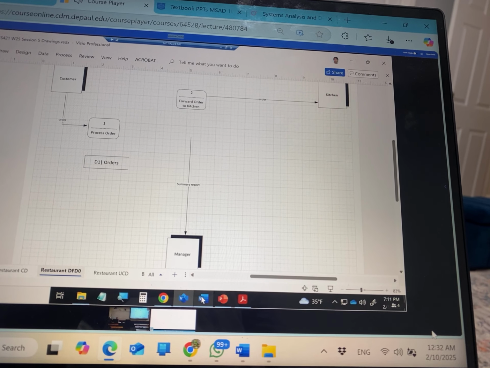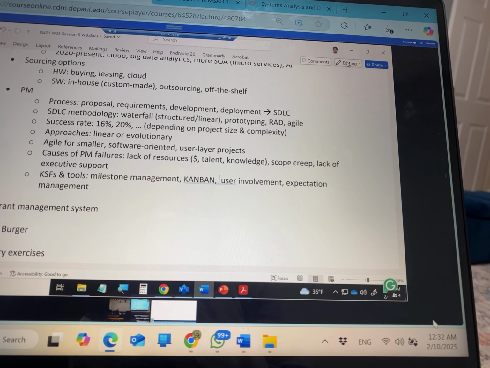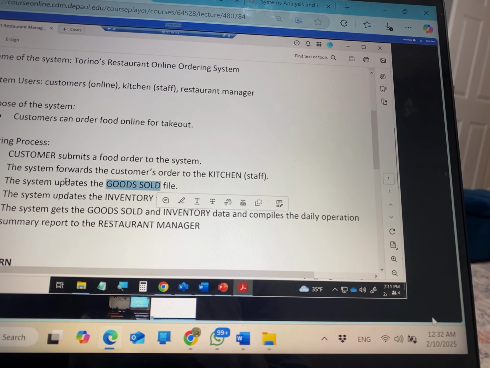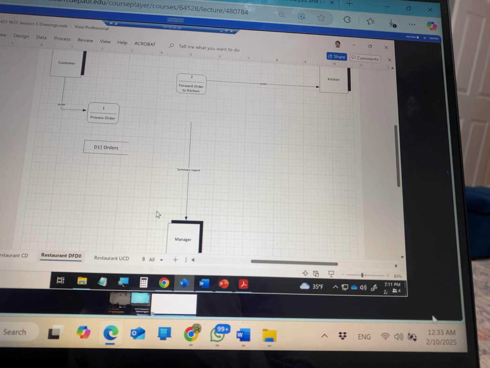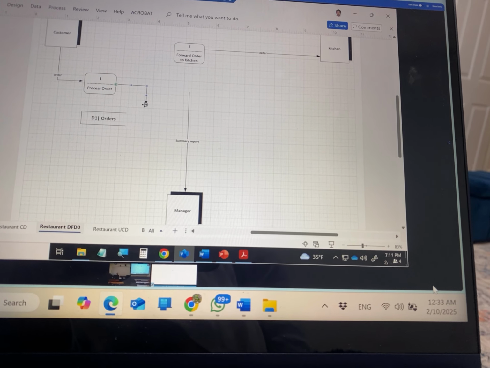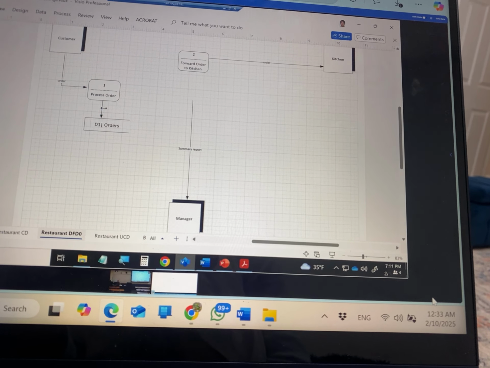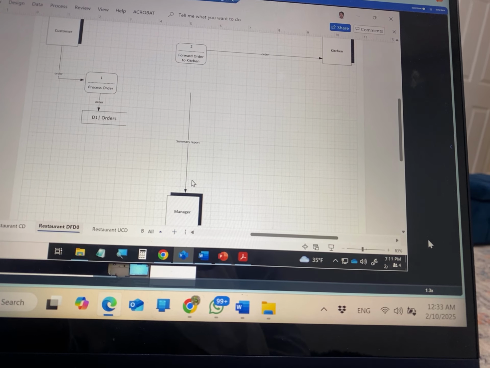Okay. So in this case, the system updates the goods sold file. All right. So the updating process order, you could do something like this. And then